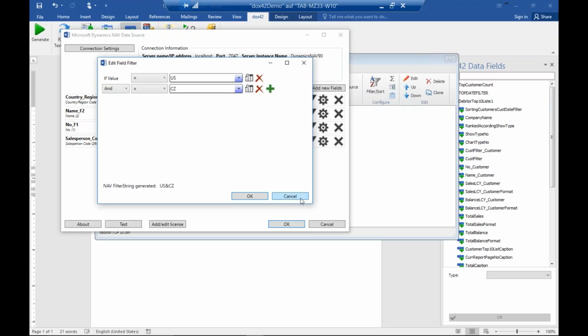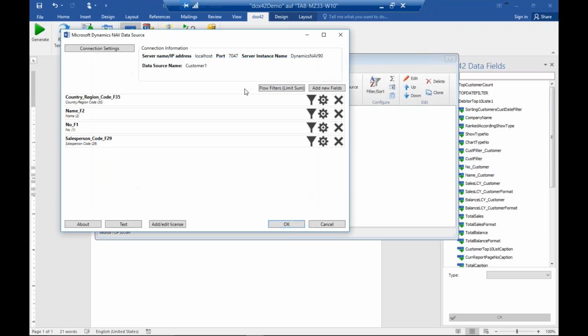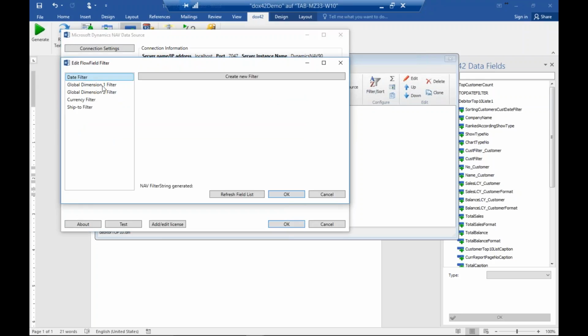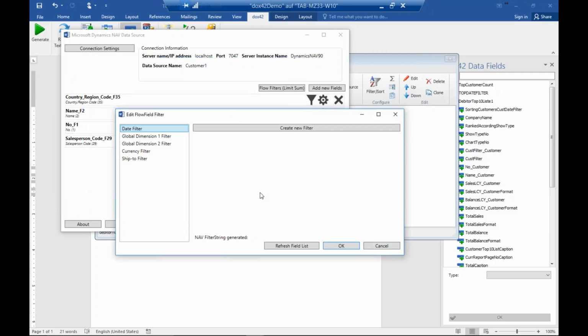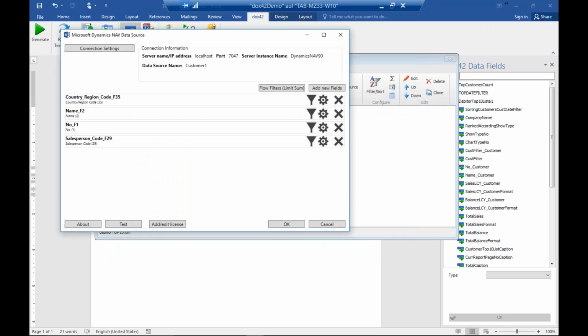You also can access all your own fields, so not just standard NAV fields, but if you have customizations, you will also see all these customizations in here. And we even made the possibility to define the famous flow fields. So if you have flow fields on a table, you can create a flow filter statement here, and in our report this would be a good idea to make it on a customer table or on an item table to